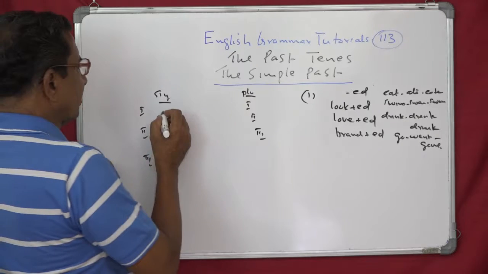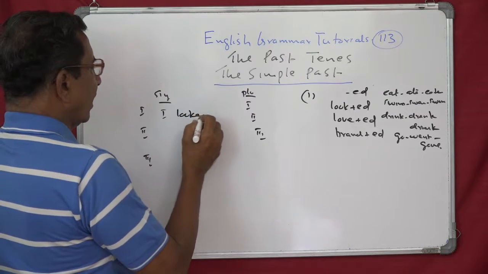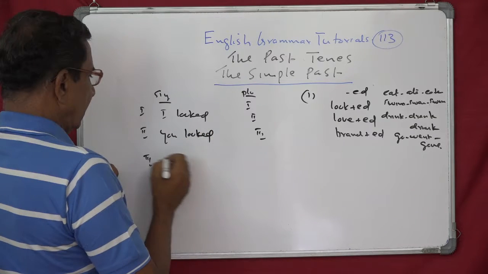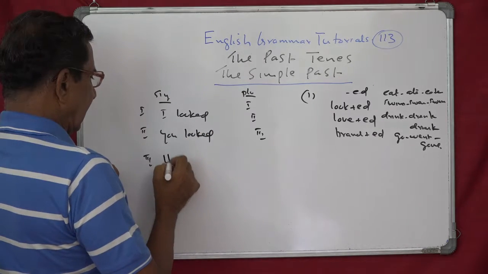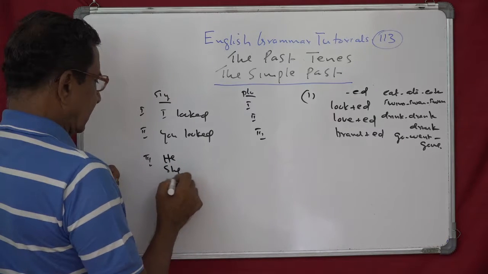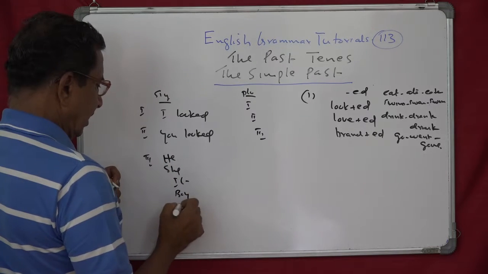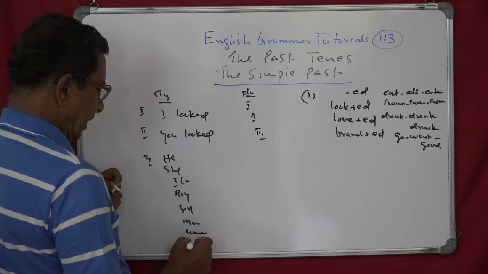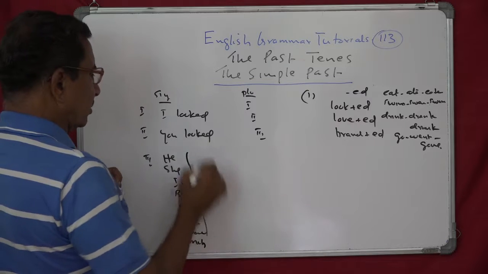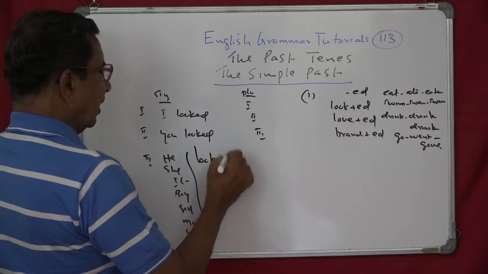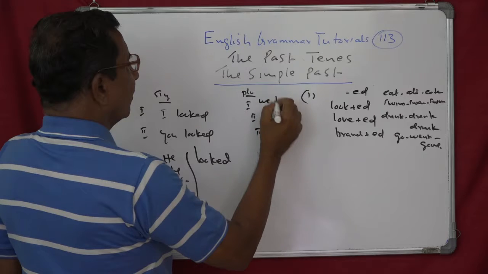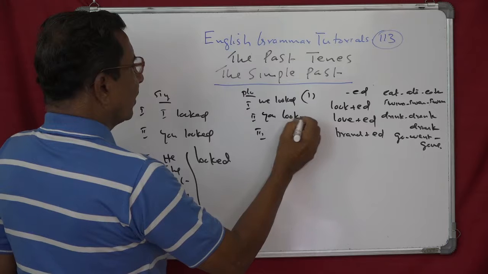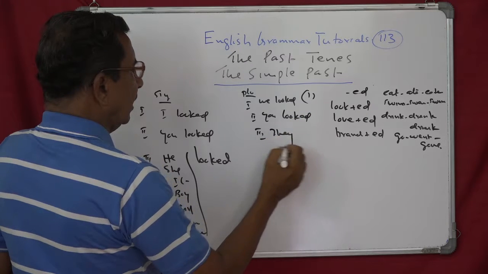So I, first person singular, looked, you looked, then he, she, it, boy, girl, man, woman, monkey, etc. looked, same looked. And here we looked, first person plural, you, second person plural, looked, and third person plural, they,